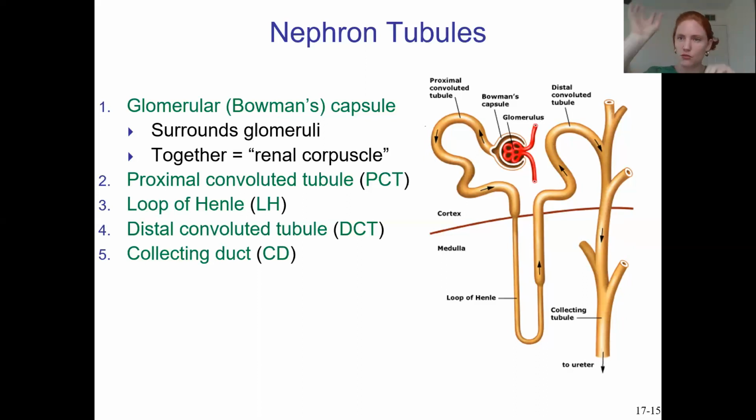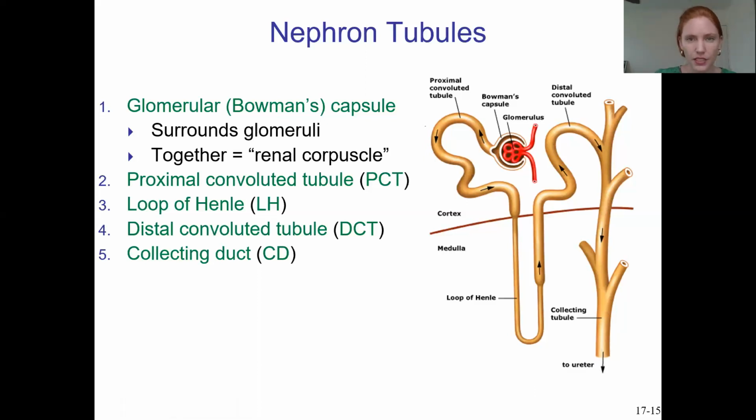All the processes of reabsorbing and secreting things into it. Now it's urine. And then that's going to travel through the renal pyramids of the medulla and then dump into the major and minor calyces and then into the renal pelvis and then eventually into the ureter to go to the urinary